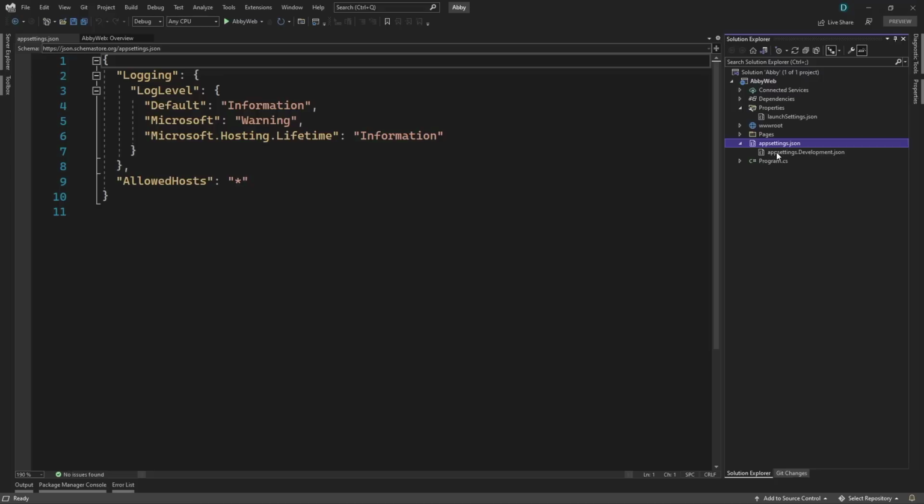For production, you will have appsettings.production.json and so on. Then based on the environment variable, it will automatically configure and use that particular app settings file. This is very helpful because development can have a different connection string to database as compared to preview, production, or staging. So it is already built in, and we will be adding our connection string in this file in